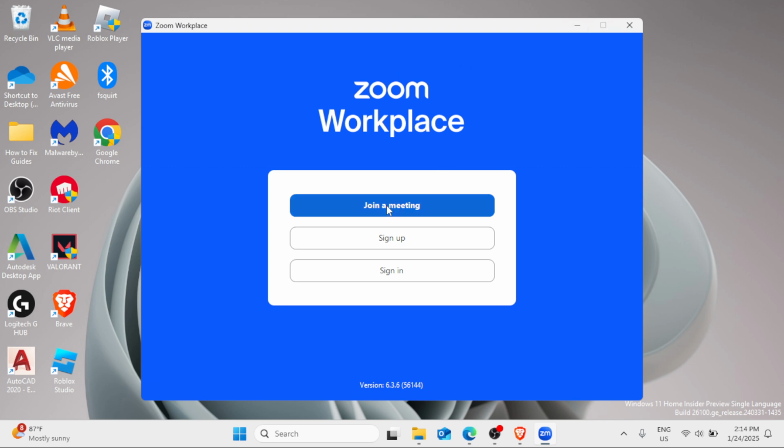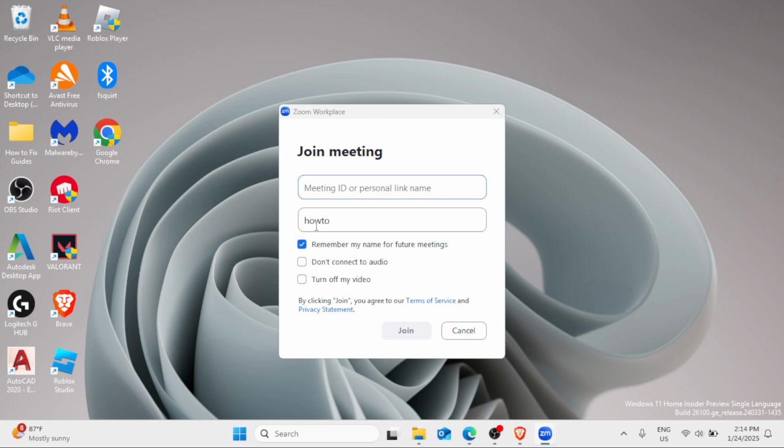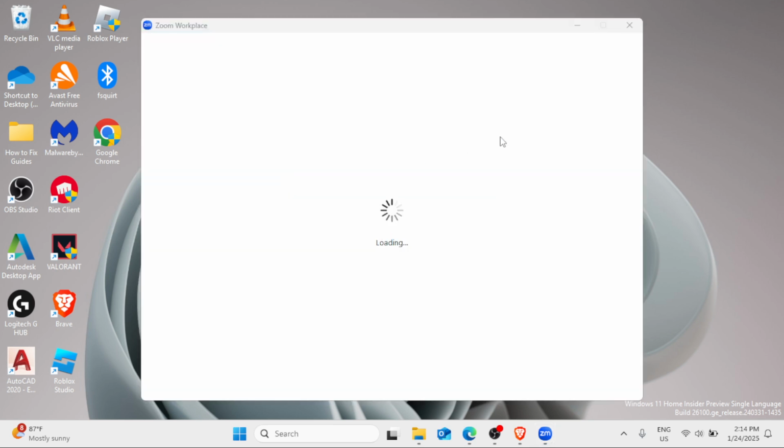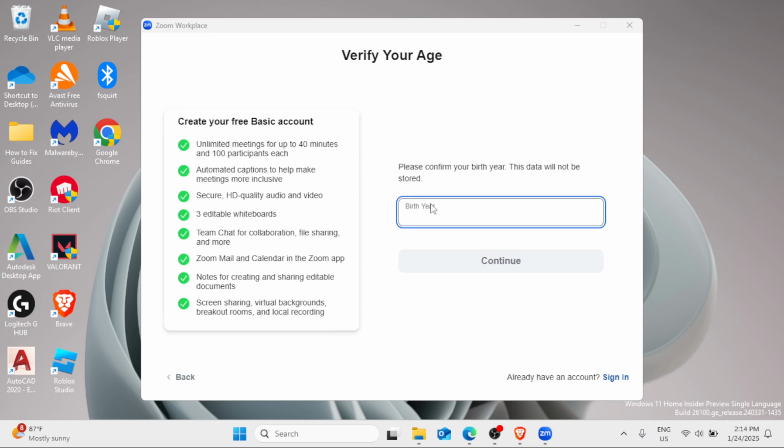In here, you can just simply access your Zoom Workplace application. You can click on join a meeting if you want to join a meeting directly. Or if you want to sign up, then you can simply do that. So here you just need to type your birth year and then go on with the next procedures or next information to be done. Then once that is done, you can just simply access and enjoy the Zoom Workplace